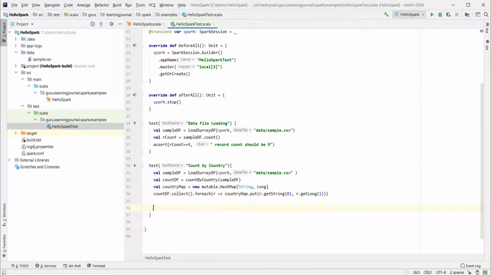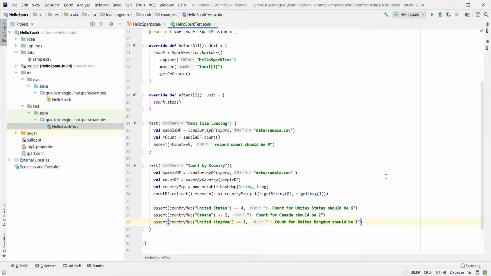Great. Now the assertion is straightforward. United States is 4, Canada equal to 2, and UK has got 1 record. Done. You want to run it? Let's do it.